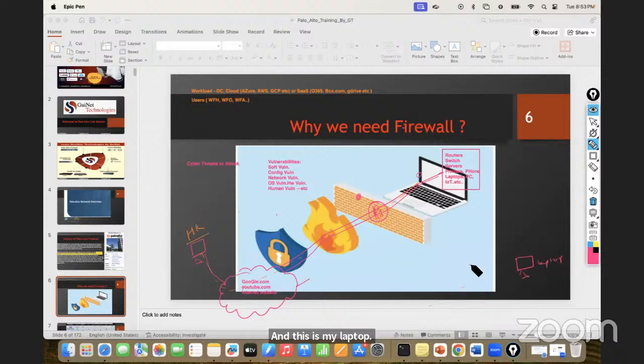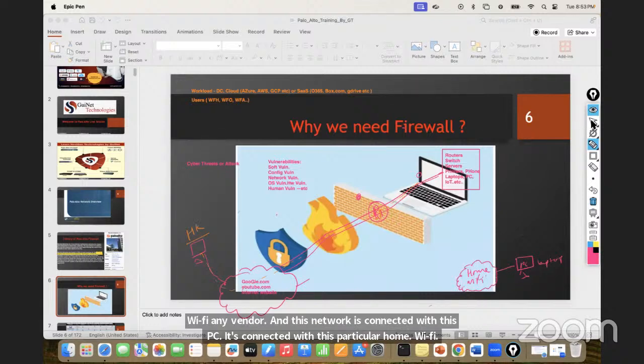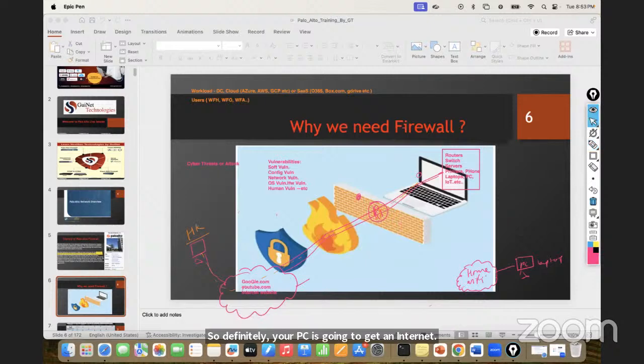And I have my home Wi-Fi. Definitely you need the internet. So you have the home Wi-Fi, any vendor, and this PC is connected with this particular home Wi-Fi. So definitely your PC is going to get internet. But what is the use case here? In this scenario,